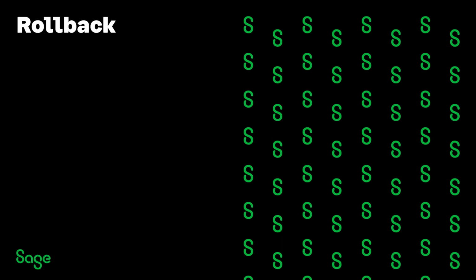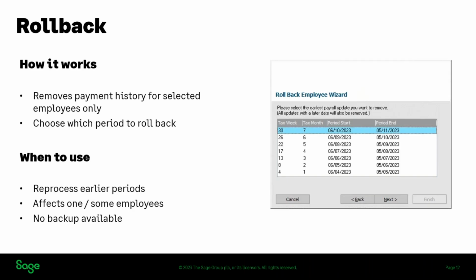So what we're going to take a look at next is the rollback wizard. And for these demos, I'm going to do a bit of reprocessing as well. So rollback does work differently to restoring a backup. Rather than overwriting your entire payroll database with backup data, it allows you to remove payment history for one or more selected employees. So it is only the employees that you include in the rollback wizard that will have this history removed. And it just means that when it comes to correcting an error, you only need to deal